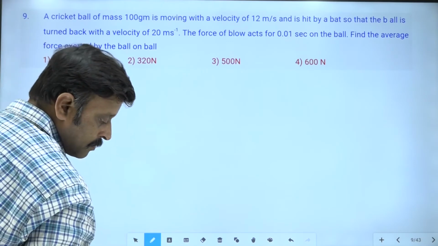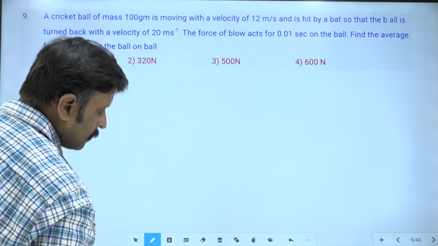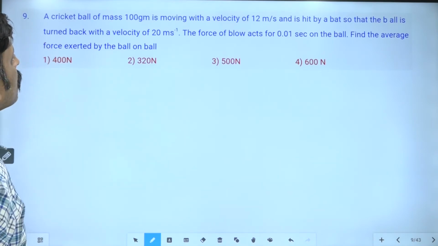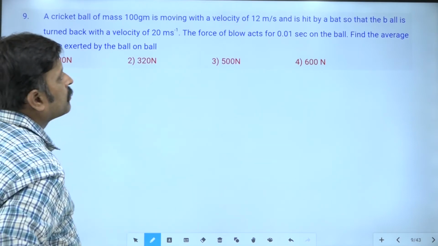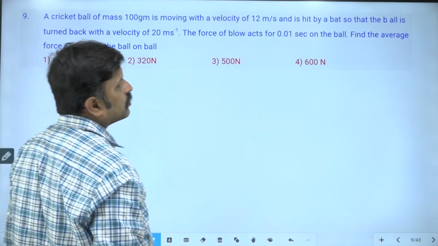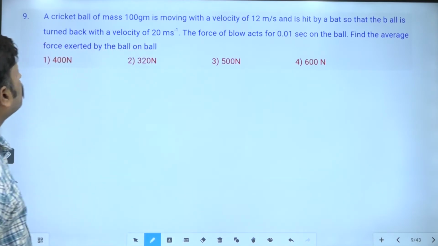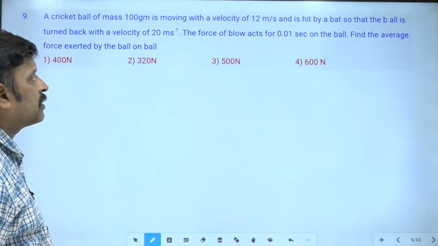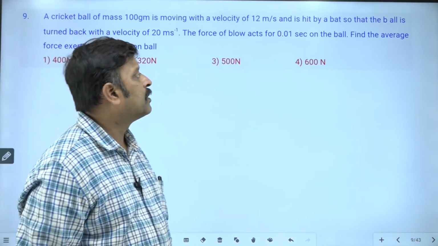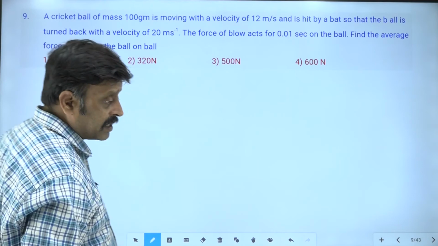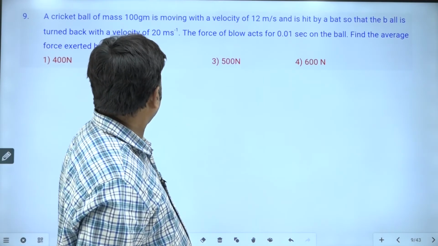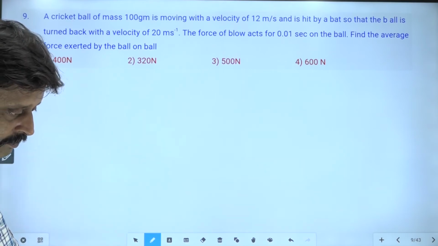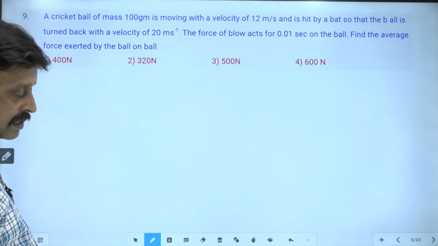Next problem. A cricket ball of mass 100 grams moving with the velocity 12 meter per second is hit by a bat so that the ball is turned back with velocity 20 meter per second. The force of a blow acts for 0.01 seconds on the ball. Find the average force exerted by the